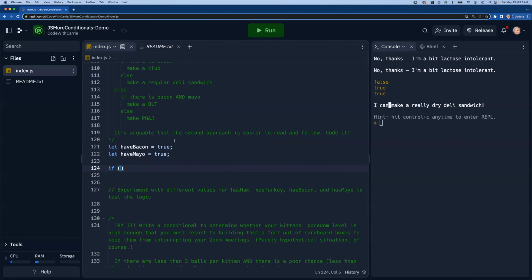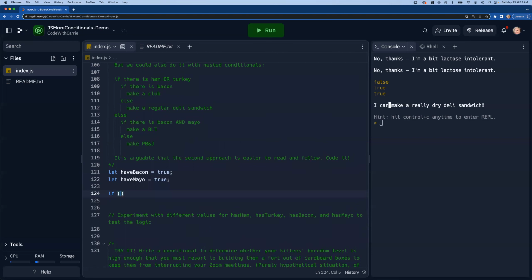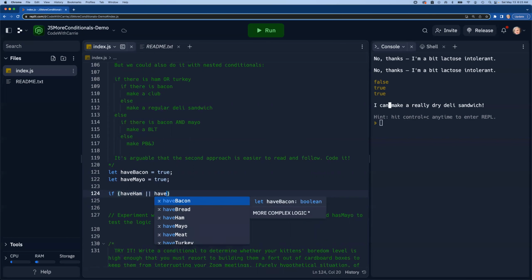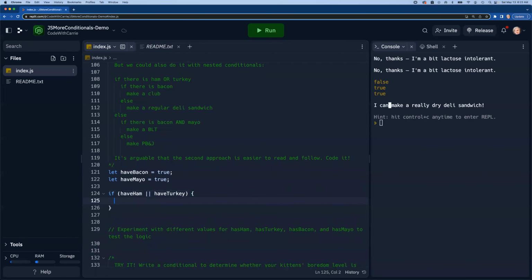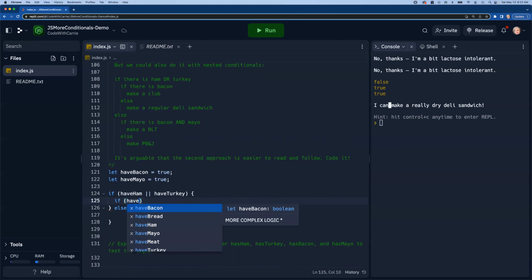So following along with this pseudocode, we're going to start with if there is ham or turkey. So have ham or have turkey. And I'm going to structure the outer part of this first, the first level. I'm going to say we either have ham or turkey or we don't. So inside here, now I've indented in again, and I'm going to write another if block here and say if have bacon, then we're going to do something